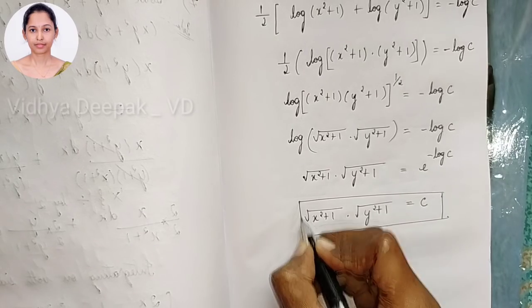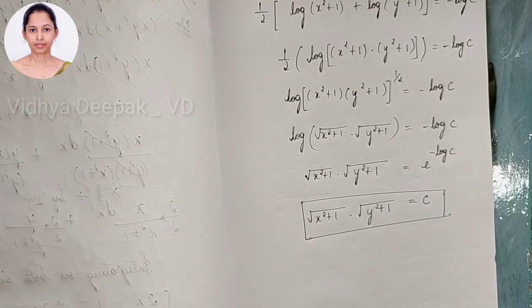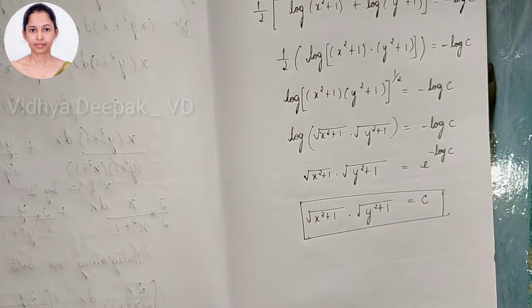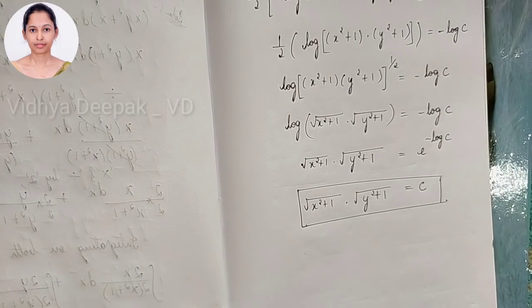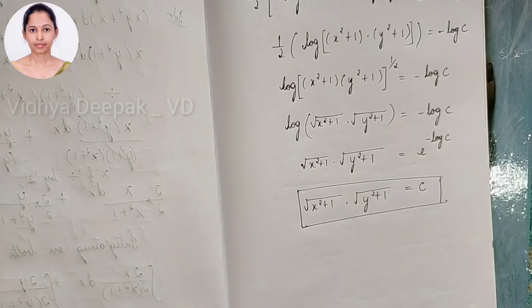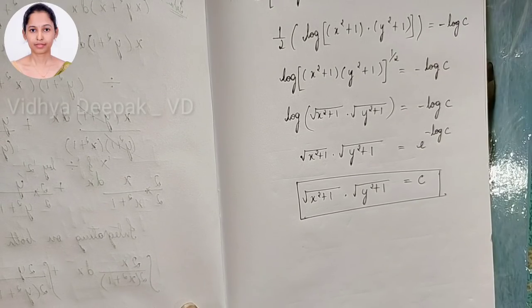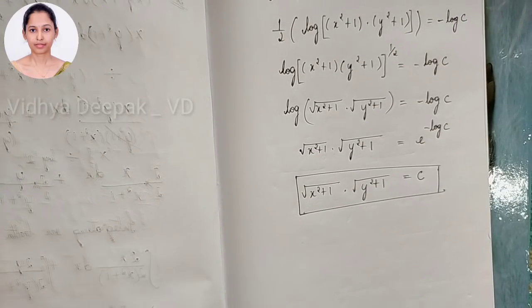You should all be knowing the laws of indices formula, that is a power m into a power n is equal to, what is n log m, what is m to log m power n, what is log m by log n, log m minus log n, log m by n. All these formulas also should be known, so you have to copy down all those formulas too. Okay.